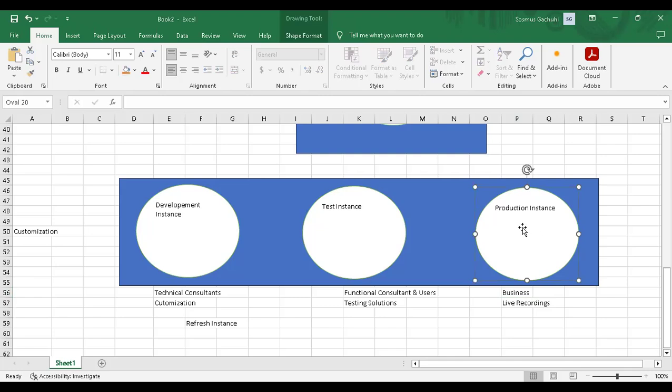But the moment the setup is complete and you have to hand the production instance to the business so that they can start doing the daily recording of their transactions, you will find in these other instances there is not much update of data going on, unless it is non-formal data that you as a consultant might